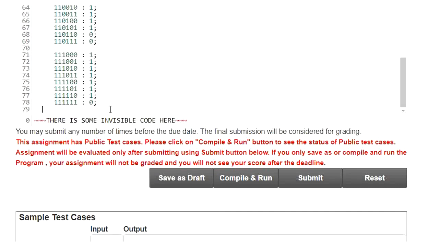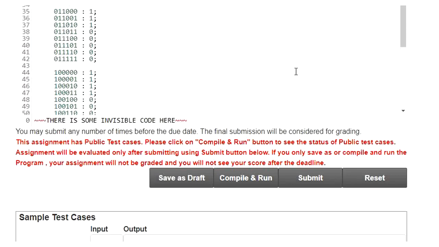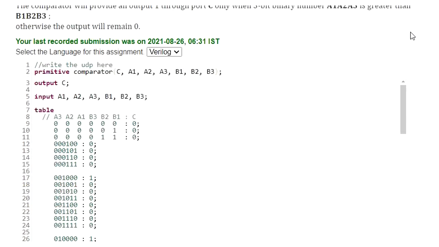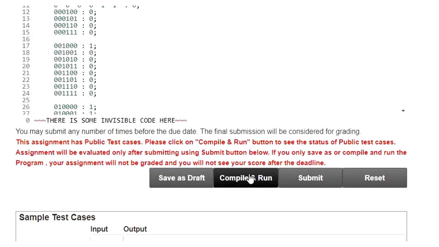After all the possible cases, we use end table, so that it is the end of that table, and then end primitive. This completes the code. Now let me save it first and then compile and run.